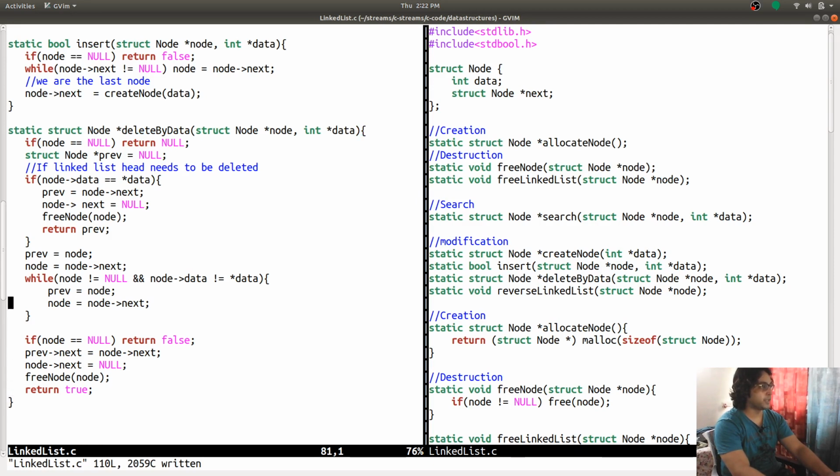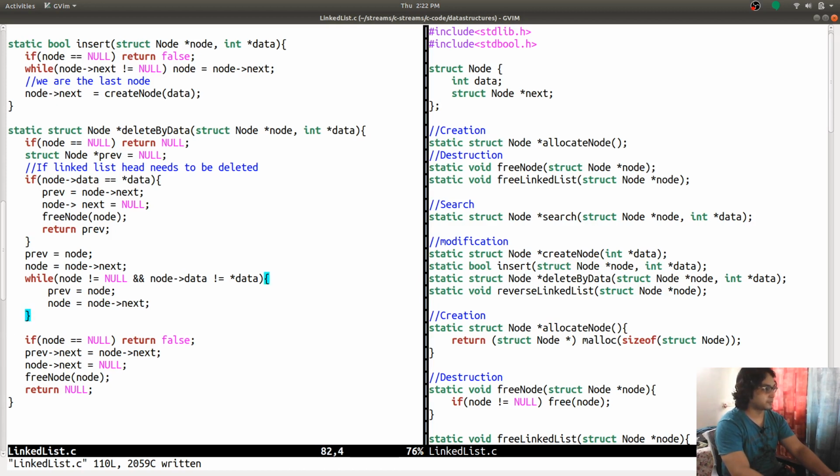so our code is ready. We check the first node, move it and move the cursor to the next node. Basically this is the same code like over here. I'm not happy with this code, but it is okay. We are modifying the head of the node, so I need to return this node. If I'm modifying the head, then I'm returning a proper node, otherwise I'm returning a null.